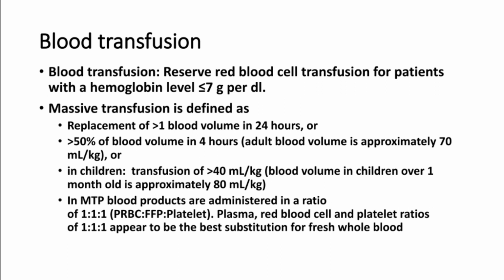If you correct only RBC, that will produce more dilution, more dilutional coagulopathy. So you have to give PRBC, FFP, and platelets in a 1:1:1 ratio. That is the massive transfusion protocol. So not a very complicated thing. We are giving whatever product is lost as different components: 1 pint of PRBC is given, 1 pint of FFP is given, 1 pint of platelets is given. So every cycle this 1:1:1 will be repeated.